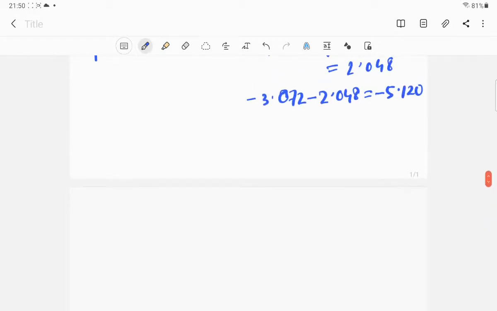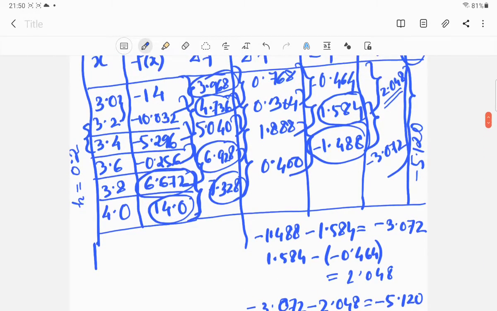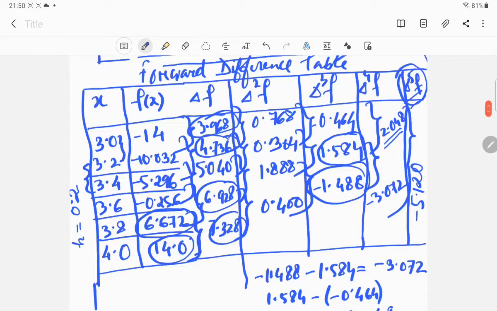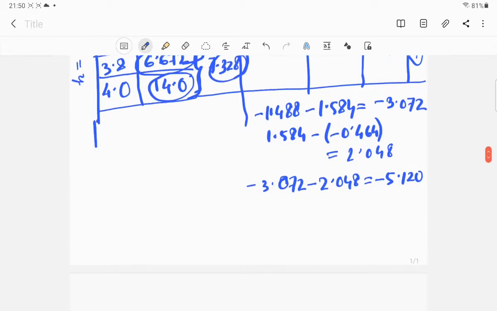Now continuing from the last video, we have seen that we can't proceed further than this value. Del 5f means fifth order difference, so that is the last value. In the equations we are going to use for deriving, we need to find only up to the fifth term. Let me write down.